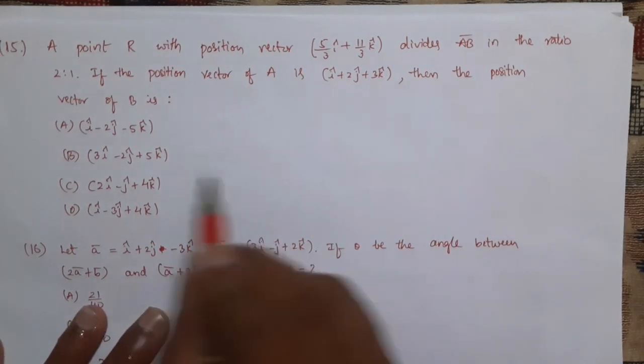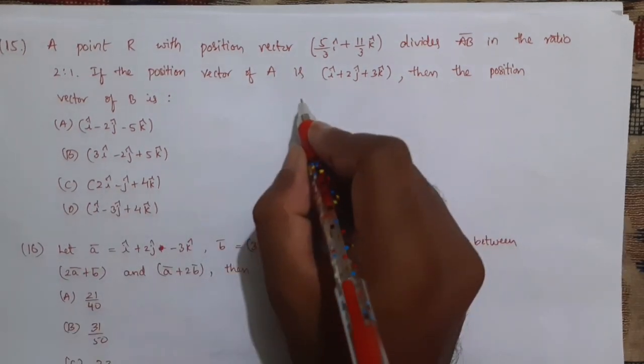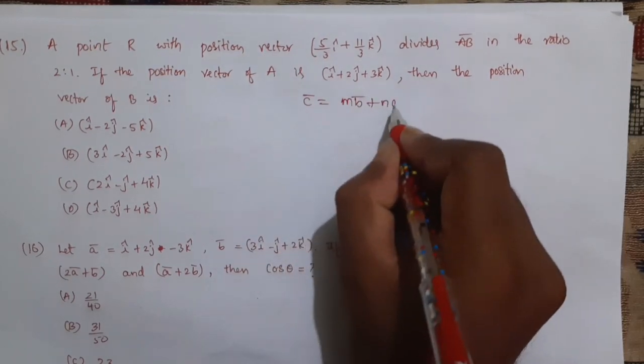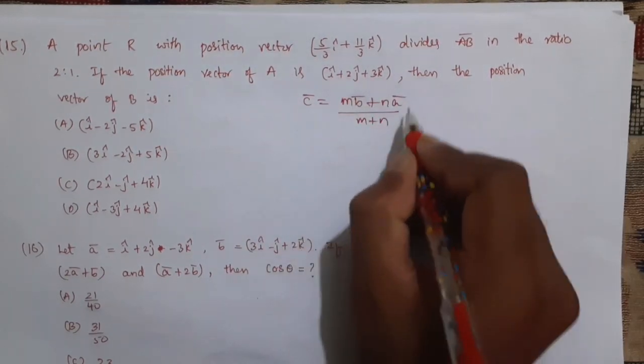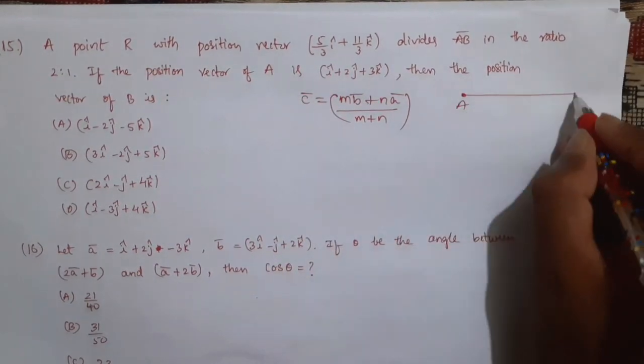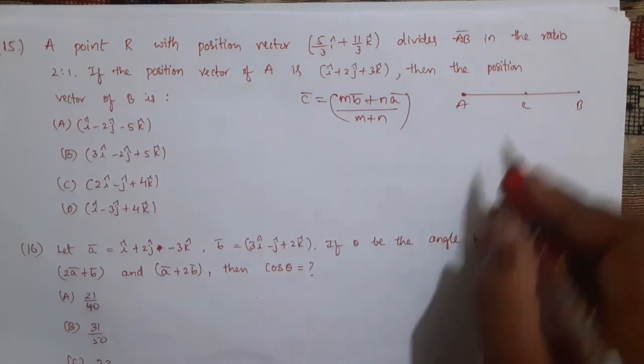See here, in the section formula, C bar is equal to (M B bar plus N A bar) by (M plus N),